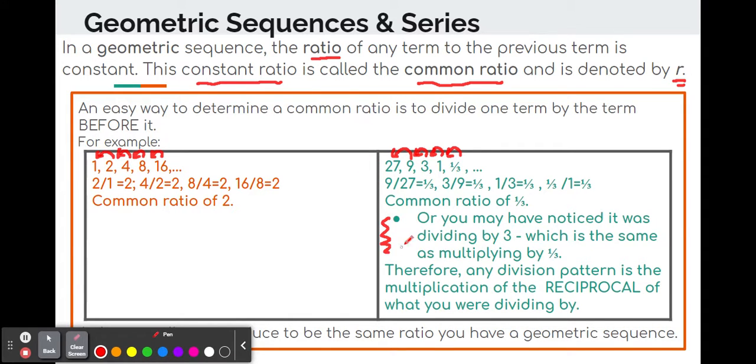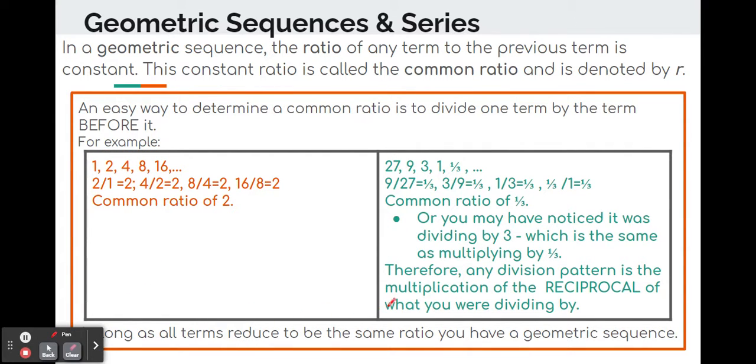But I also mentioned down here, if you noticed that it was division, dividing by any number is the same as multiplying by its reciprocal. So dividing by 3 is the exact same as multiplying by 1/3. And that's where the ratio of 1/3 even comes from. So any division, you're always going to convert to multiplication by the reciprocal. And again, all terms reduced have to be the same in order to be a geometric sequence. So if they don't reduce to the same fraction, or the same number,